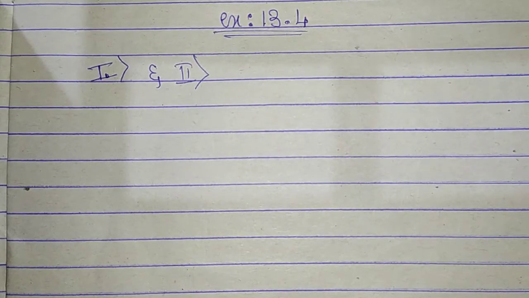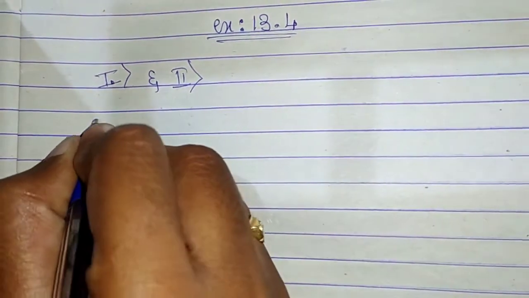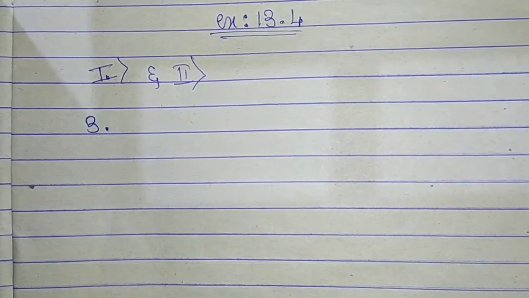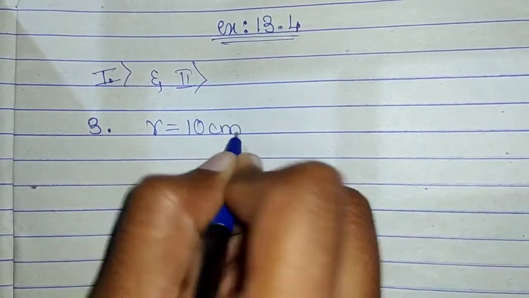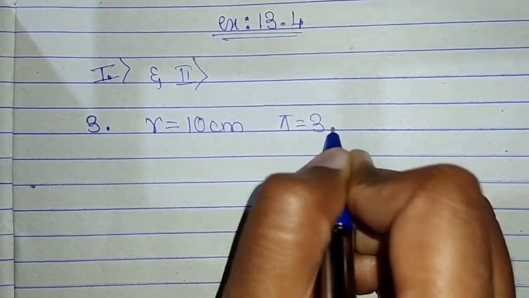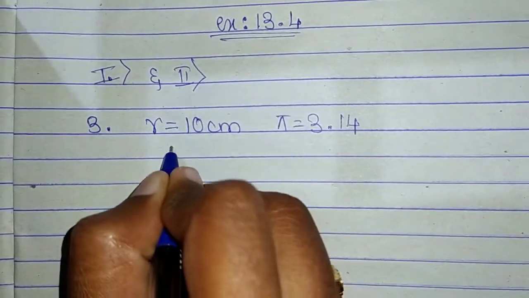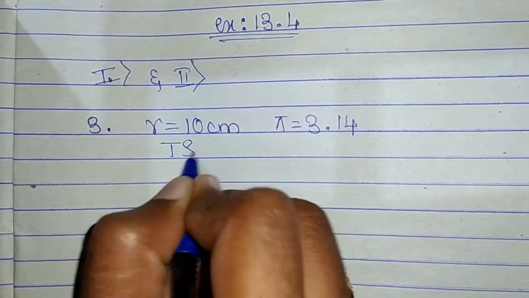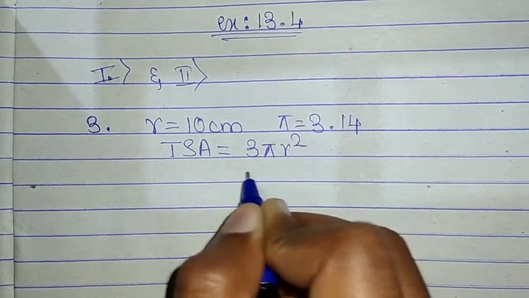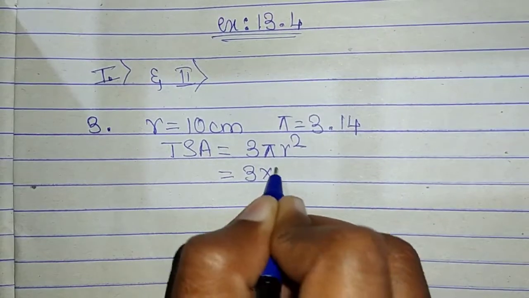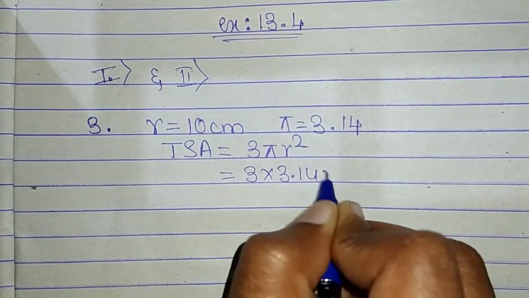In the third question, find the total surface area of a hemisphere of radius 10 centimeters. So we will move to the third question. Radius of the hemisphere is 10 centimeter. Take pi to be equal to 3.14 and find its total surface area. We know that TSA of a hemisphere is equal to 3 pi r square. So this is equal to 3 into 3.14 into